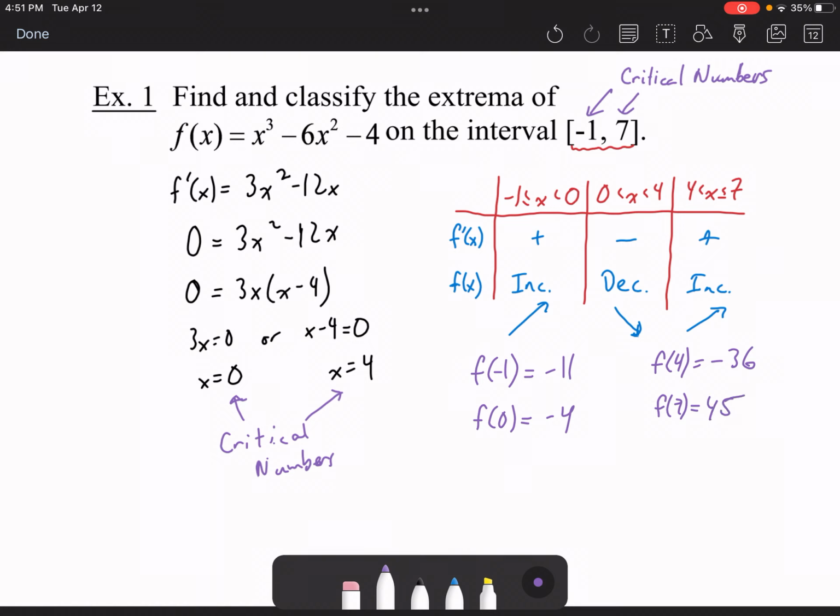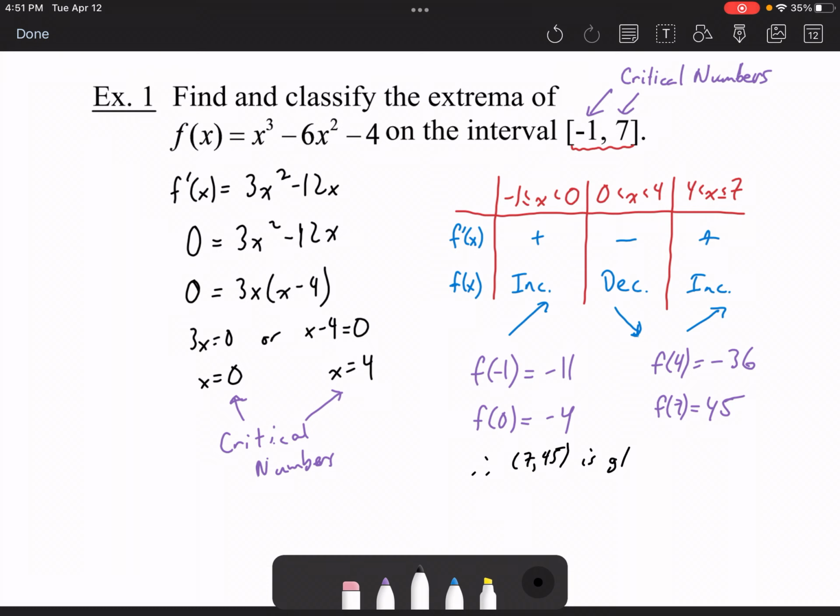And 45. Okay, so what you can see clearly, the biggest number is 45. So therefore the point 7 and 45